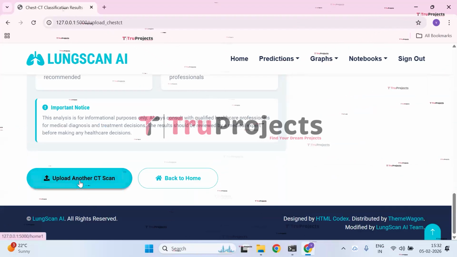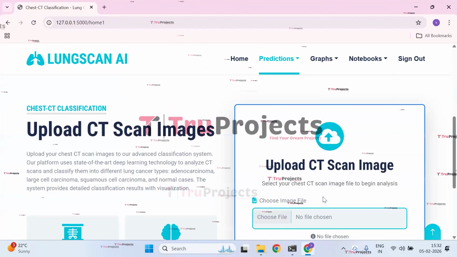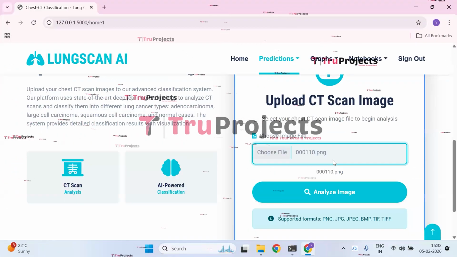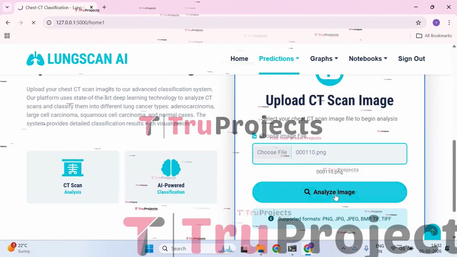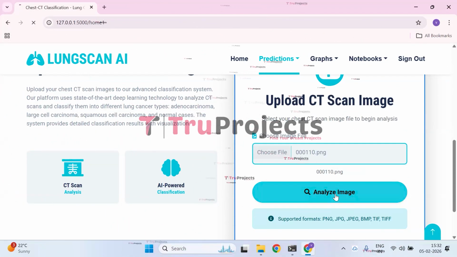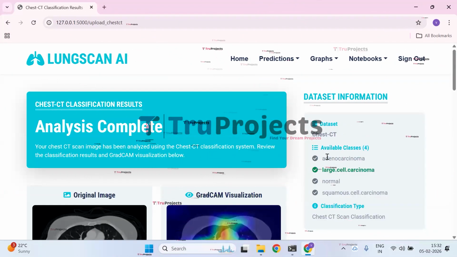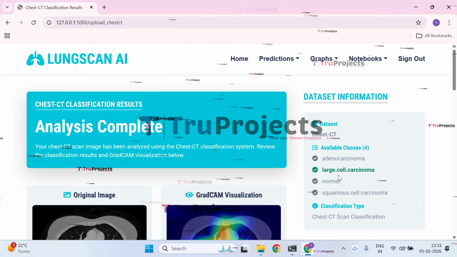Now let us click on upload another CT scan. Again, the form will be opened. You can choose. The image has been successfully uploaded. Click on analyze image so that the given image is pre-processed and the output will be displayed like the available classes is large cell